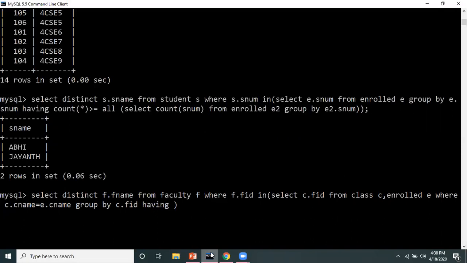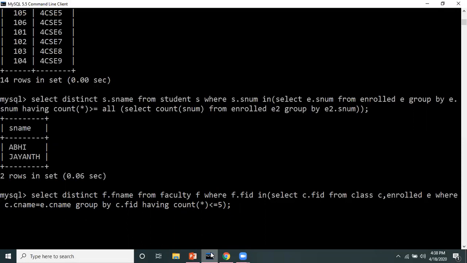What we want is that this count of students should be greater than or equal to 5. So having count star greater than or equal to 5.